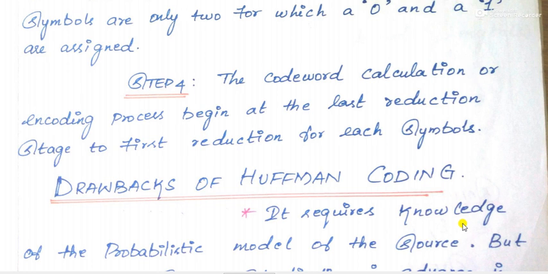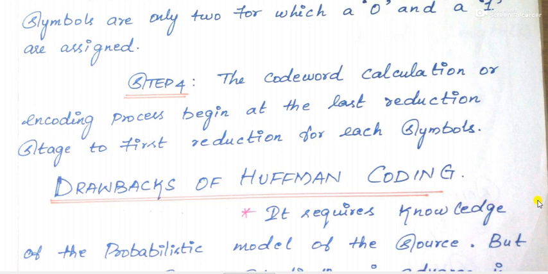So the conclusion here is, first we have to write the probabilities in decreasing order, and next we have to choose the lowest 2 probabilities and group them, and these two will form the new symbol in the next stage. In each stage one symbol will be reduced, and we have to allocate zeros and ones, with the zeros and ones calculated from right to left. So this is the focus of Huffman coding.